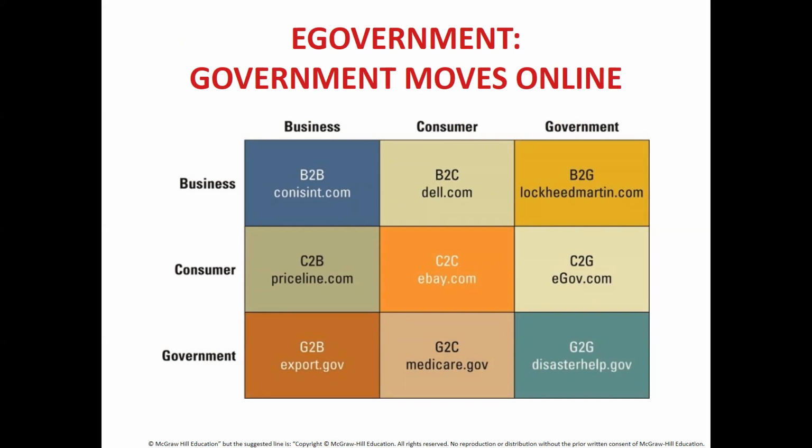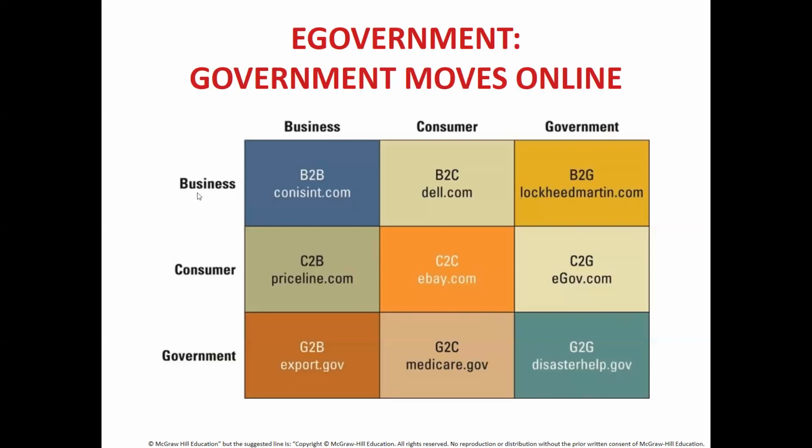Consumer to government is where consumers, for example, people who are just farmers, sell items to the government, or people who are business to government services. Another thing is there are many ways that generally consumers buy and sell with the government. And then government to government, whereby one government department is able to buy and sell items online with each other or with another government department. So government to business, government to consumer, and then government to government.